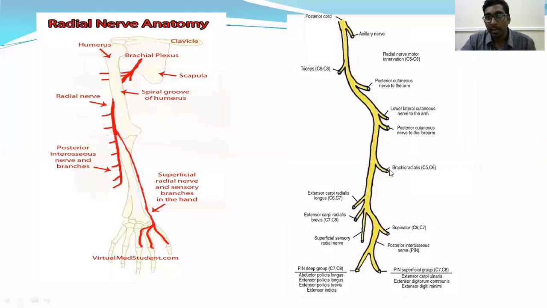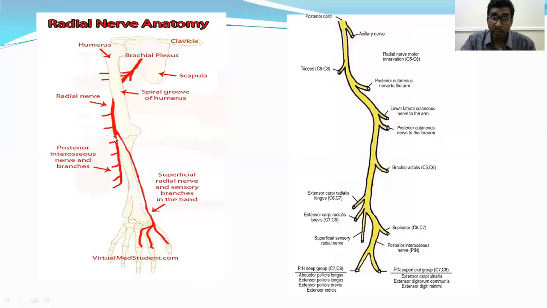You see here it gives off brachioradialis and extensor carpi radialis longus, and before it divides into 2 branches just below the elbow. So just below the elbow, it gives off 3 branches and it divides. So here at the level of the elbow, you see these are the same, and